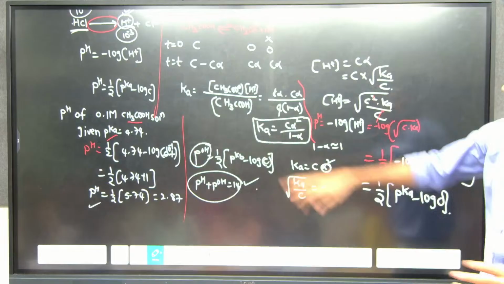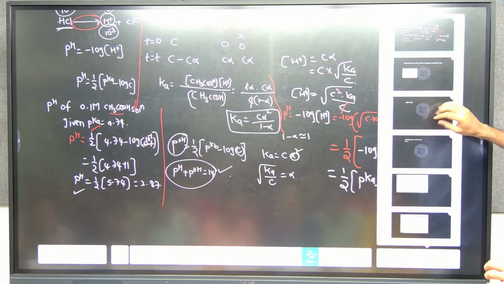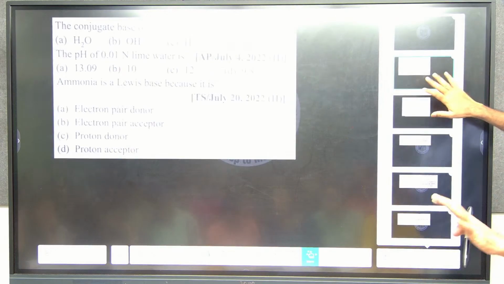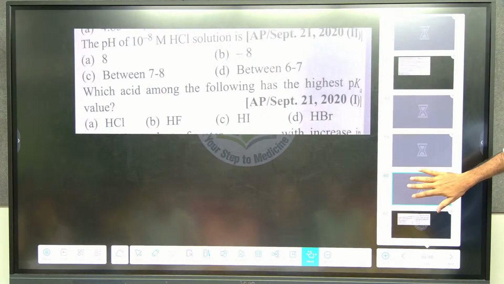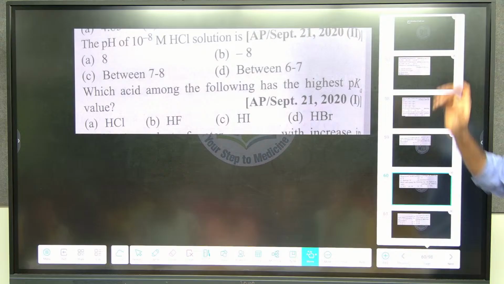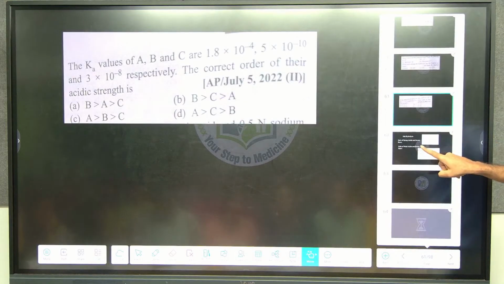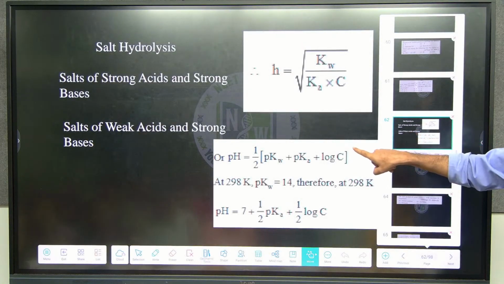Look at these two questions. That's it. Okay, next. See, you have enough number of questions in these slides itself. You can solve all these questions. These are more than enough for this chapter. Okay? All these are PYQs of NEET and JEE, EAPCET, all this. Okay. Next one is,